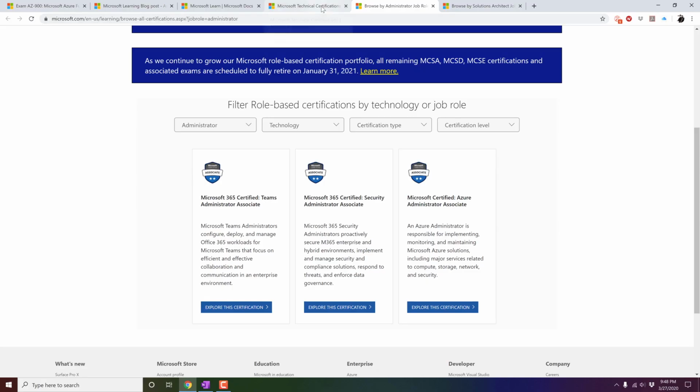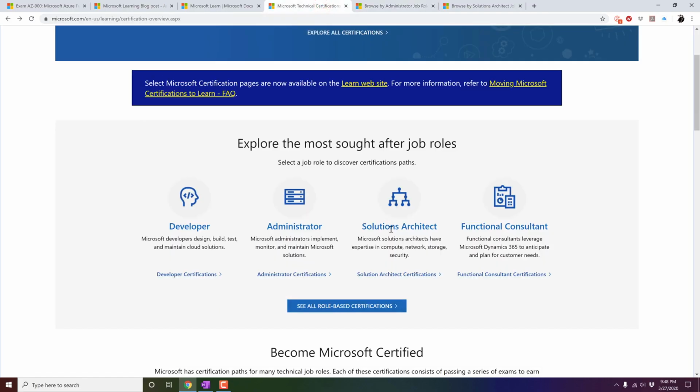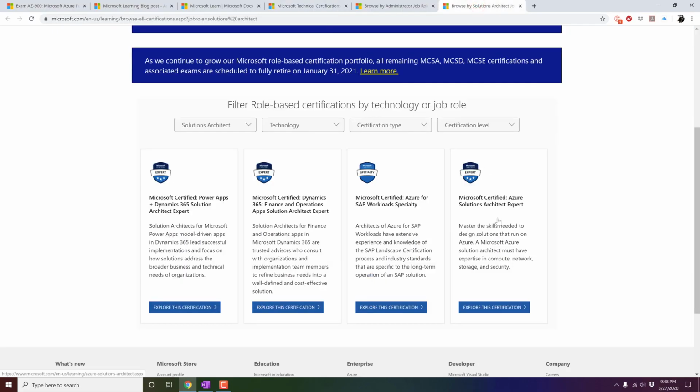One last thing before I leave this page: for example, you have already been working as an Azure administrator, managing migration of your on-premises infrastructure to Azure, and you want to learn or achieve more as part of solutions architect. If you simply click on solutions architect certification, you can browse more certifications offered by Microsoft. Believe me, these are really very good, and of course they require lots of knowledge and in-depth practical knowledge about everything, which we are going to cover step by step in upcoming days.